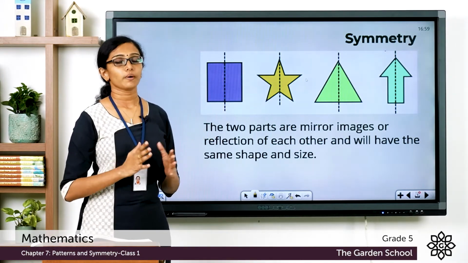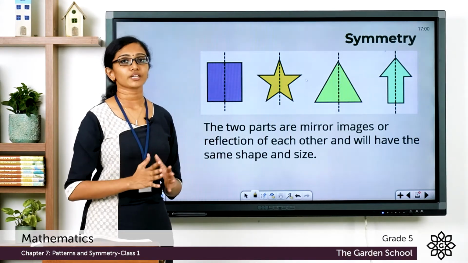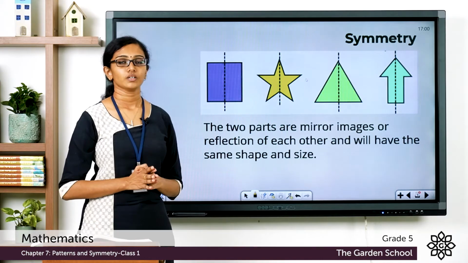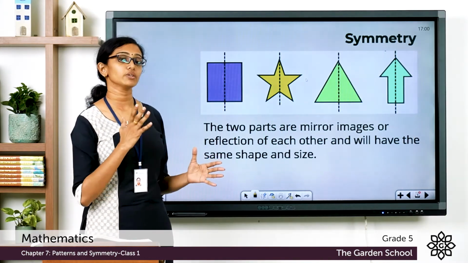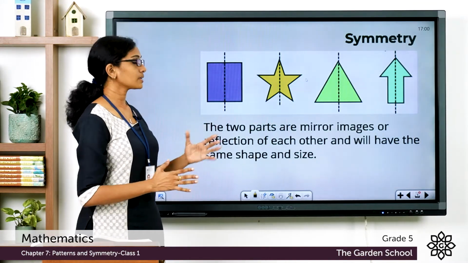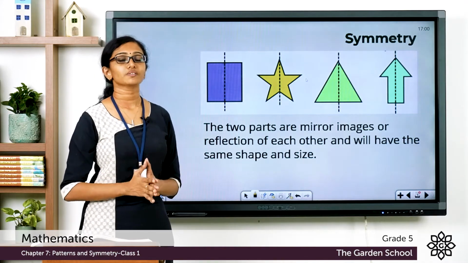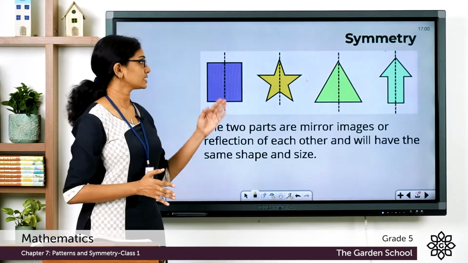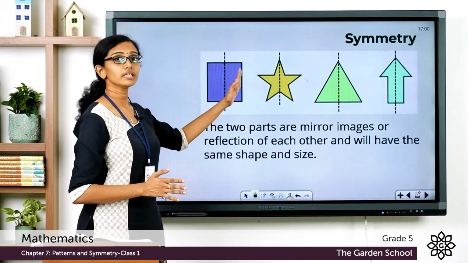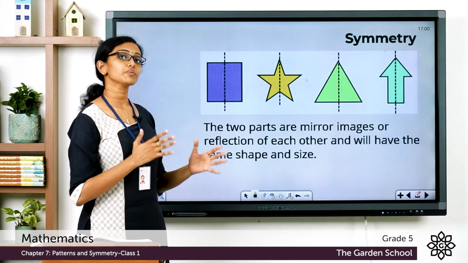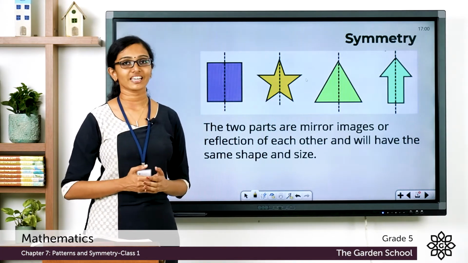And these shapes or objects similar to these kind, when divided or folded along this line, will give you two parts, and these two parts will be mirror images or reflection of the other part. After folding them into identical halves, the two parts will be mirror images or reflection of each other. And these two parts will be of the same shape and size, just like in these cases. Clear? This part will be the same in size and shape to the other part, or it will be a mirror image. Same is the case with other examples as well. Hope this is clear to you.